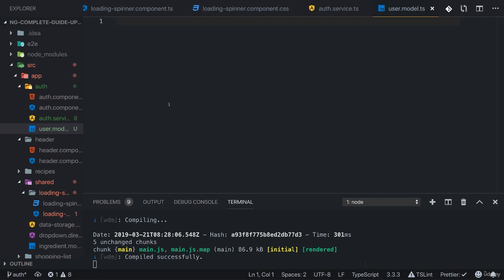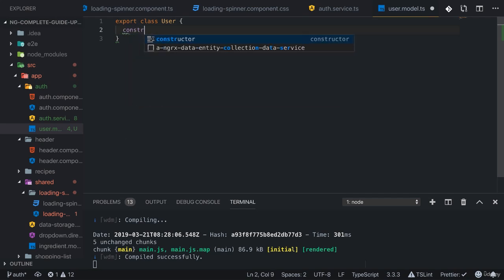Because remember, I said that the token would expire after 1 hour, and we'll need to therefore also find out not only if a token exists, but if it is still valid. And I want to manage this in this model. Therefore, I'll export a class here with a name of User, which I guess is a fitting name for a user model. And in there, we can use a constructor so that we can create a user with the